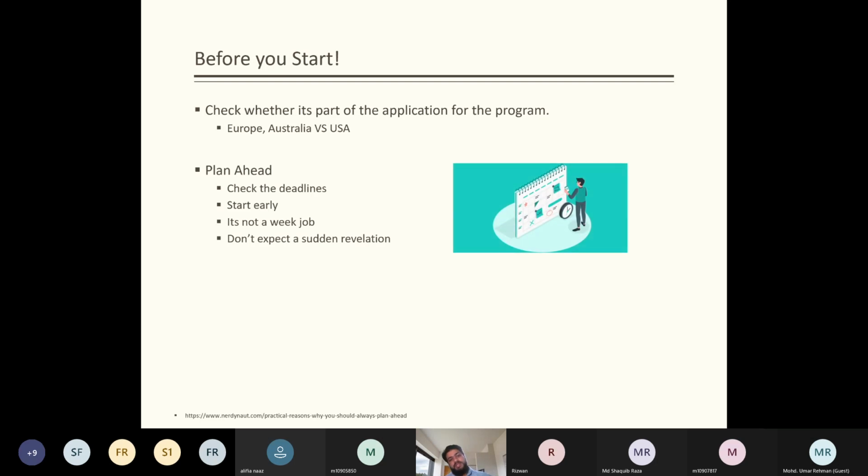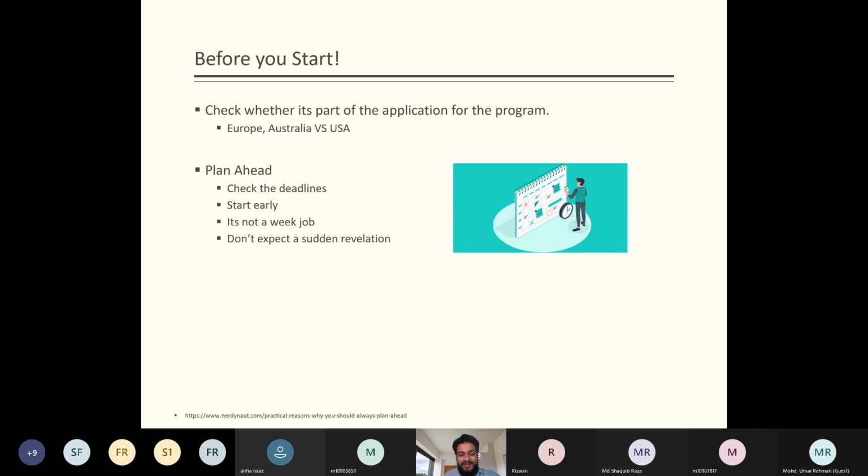Well, if you need a research proposal, the most important thing is you have to plan much ahead. This is not something that's going to be done in a week or even a month. It is a tedious task. It's going to take a lot of time. I know we have the habit of keeping things to the end,